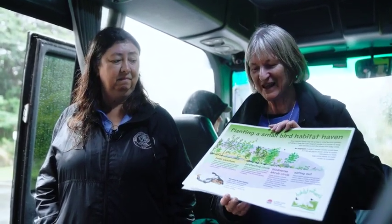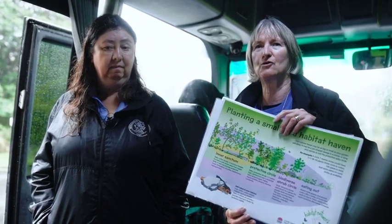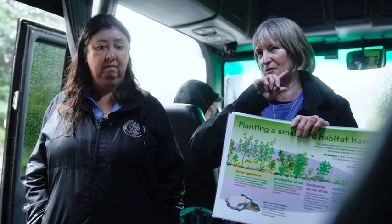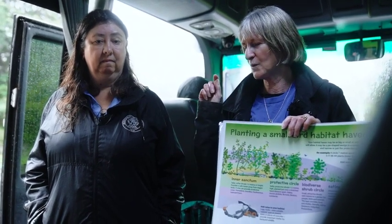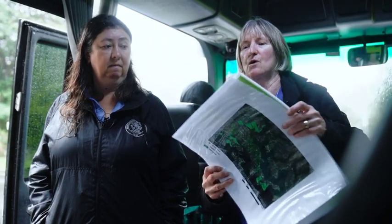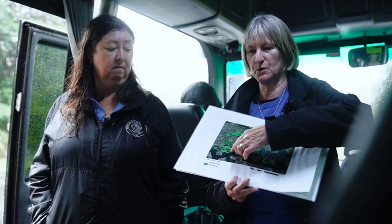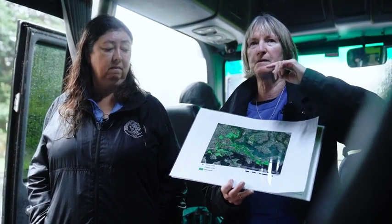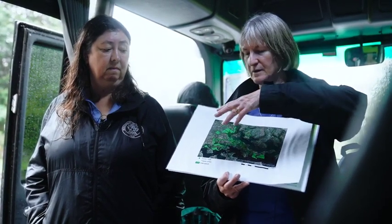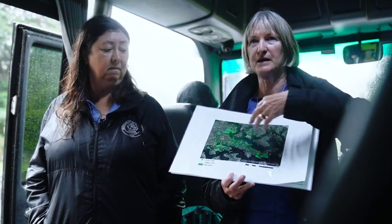So what we've been trying to do is to create a habitat corridor right through Hunters Hill and connect up the bits of bushland that we can connect. But what we're working on now is going a step further and moving from not only connecting the bits of bushland, which is what these projects were all about, and Jackie can tell you in a minute about some of the grant projects that we've had over time, and how the bush care people fit in and what our partners